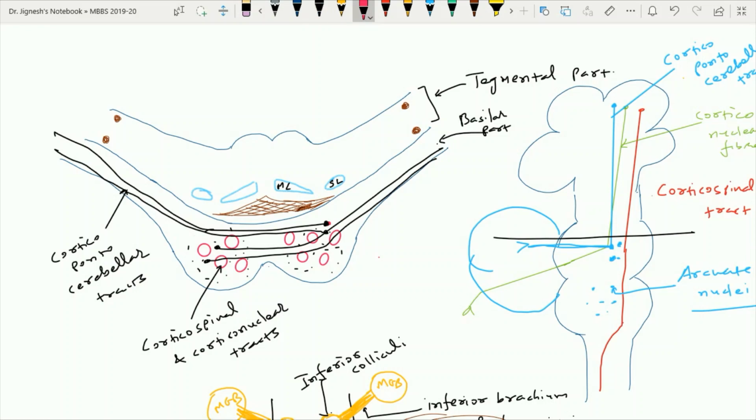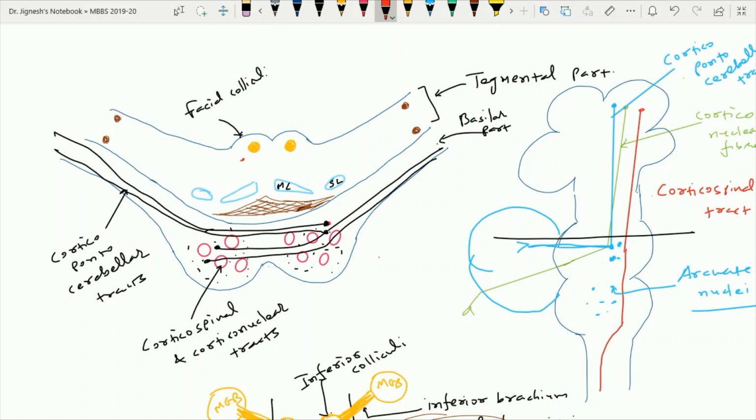Within this tegmental portion, one important thing is the facial colliculus, which we can see on the posterior aspect. This facial colliculus is there because of the wrapping fibers of the facial nerve around the sixth cranial nerve nucleus. So here this is the sixth cranial nerve nucleus,